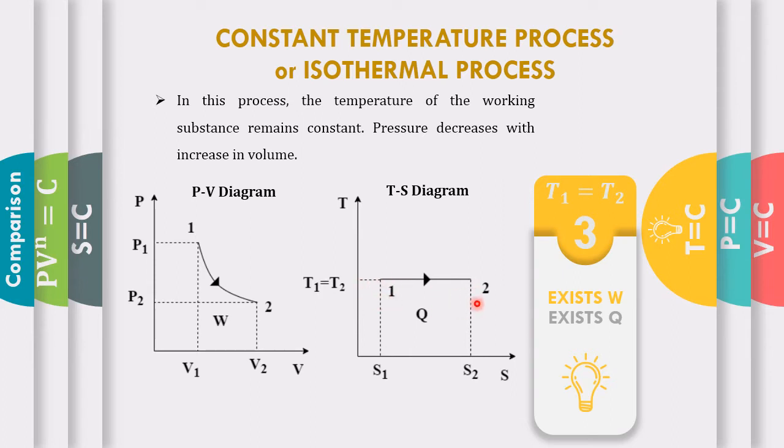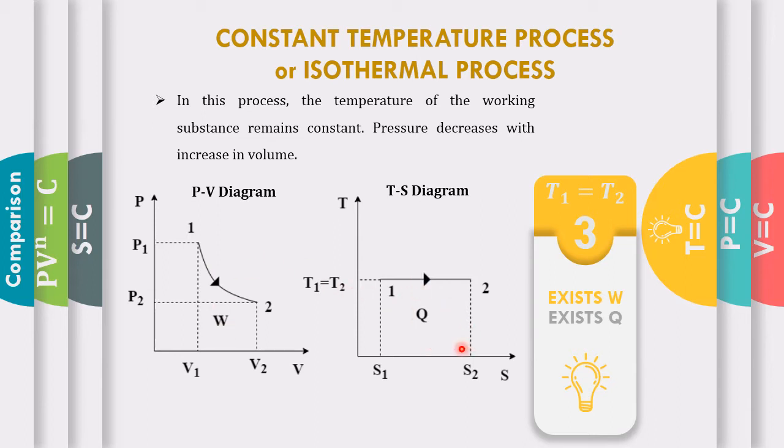The initial state 1 and the final state 2 have the same temperature throughout this process, while entropy increases. Consider this constant temperature process as an expansion process, with an increase in volume and a decrease of pressure. If the initial state is 1 and the final state is 2, the temperature condition can be written as T1 is equal to T2. This we can apply in the PVT relation. Then there exist both work done and heat transfer, in a PV and a TS diagram. So this constant temperature process consists of work done in the PV diagram and heat transfer in the TS diagram.